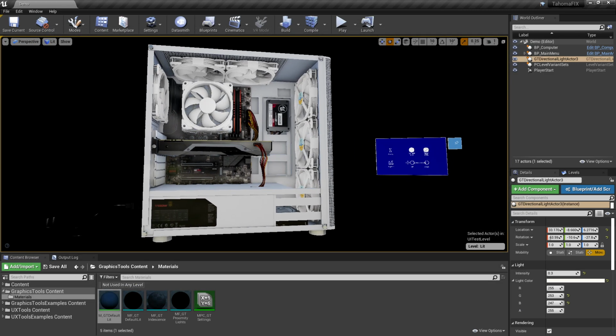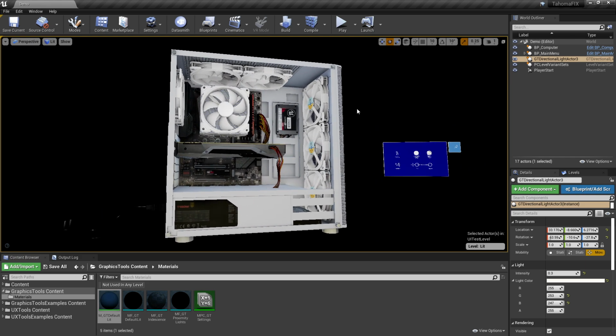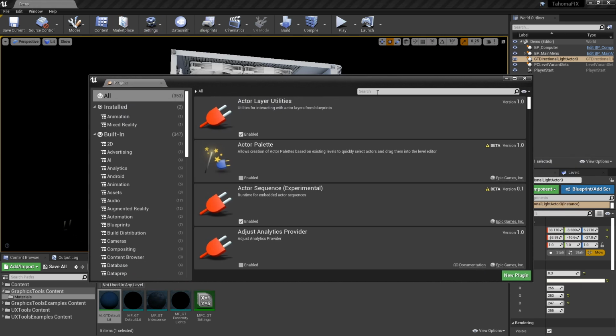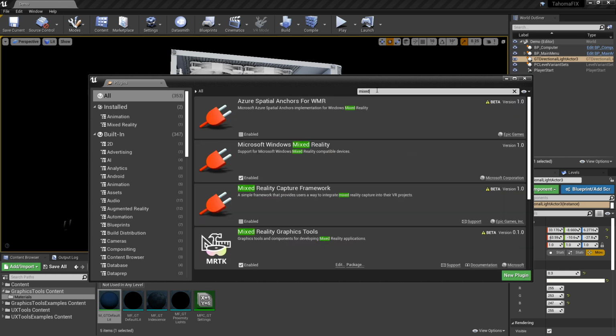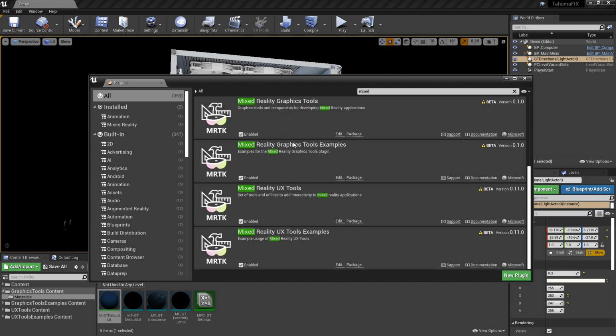So obviously we imported geometry into this sample project, and that means everything was kind of set up. But if you had your own project and you wanted to go ahead and start to do mixed reality with it, there are a few things that you'd want to set up in that project. So the first thing you need to do is go into the plugins, and in the plugins, if you just search for mixed, there's going to be a variety of these plugins that you're going to want to turn on. And obviously, since we've based our project by importing geometry into an already existing project, these were already all turned on. But just go through, make sure those guys are all turned on if you're trying to do this with your own project.